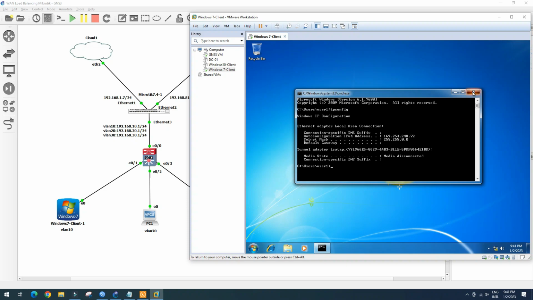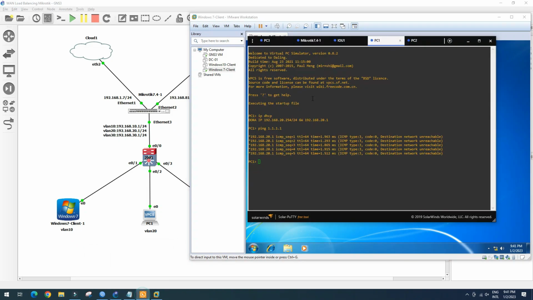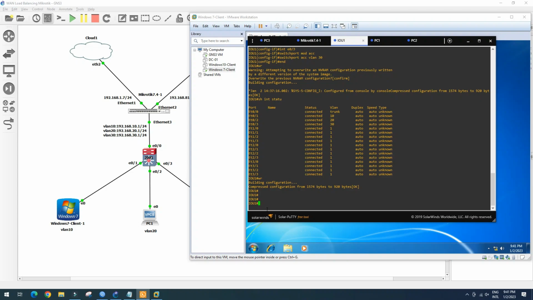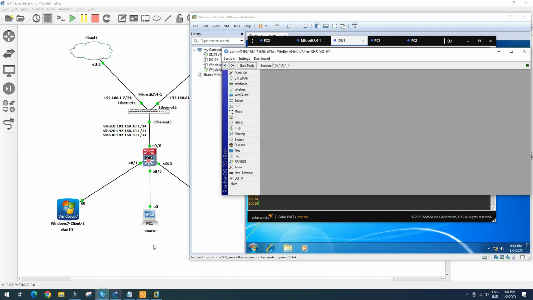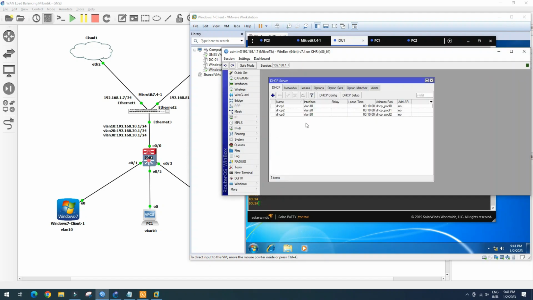Okay, so the switch port is configured correctly, and we check on Mikrotik router, we can see only VLAN